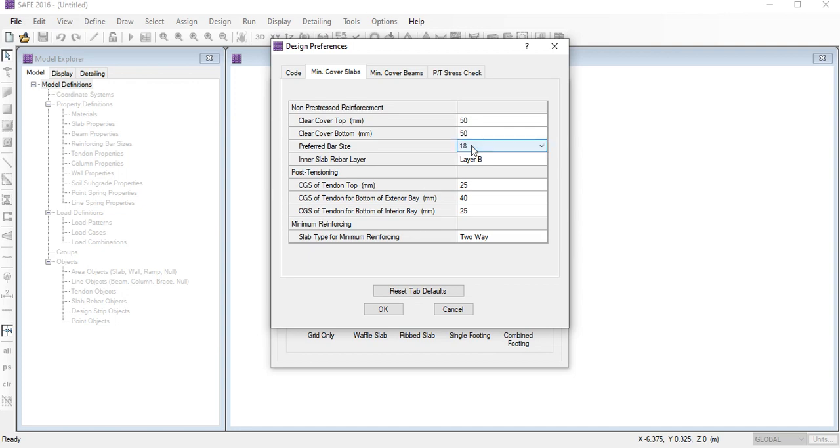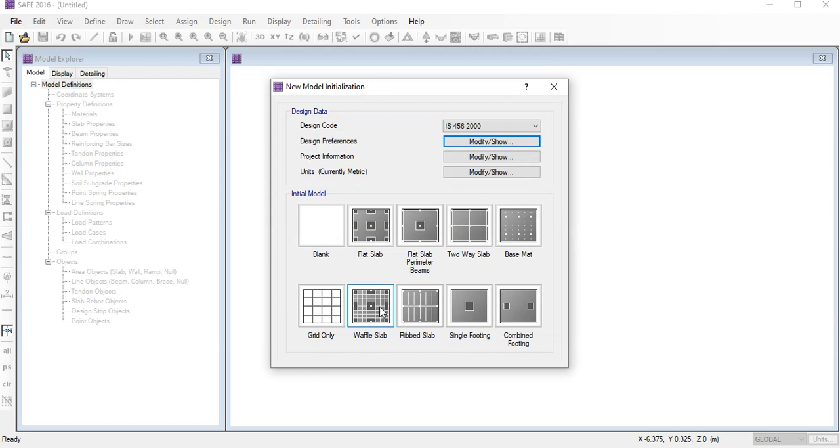Then here is the rebar. What size rebar you want to give for the design of the isolated footing, you can select from here. This time we are going to give 16 mm diameter steel bar, and after doing this, click OK.